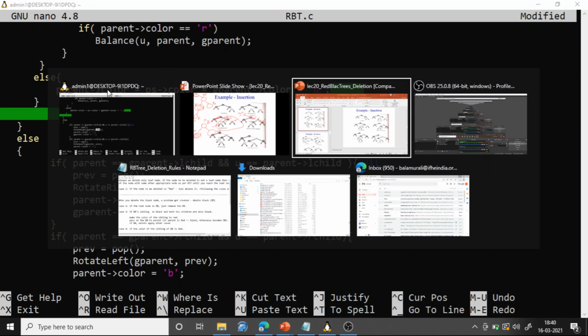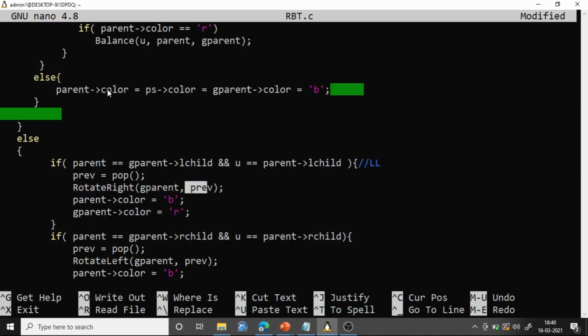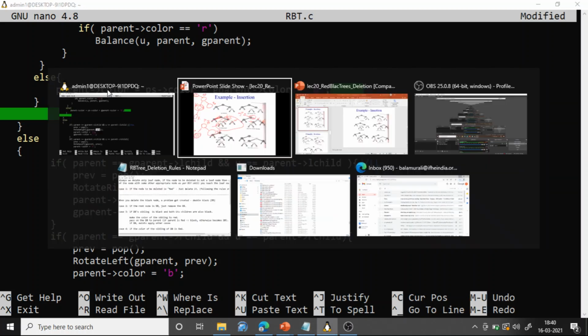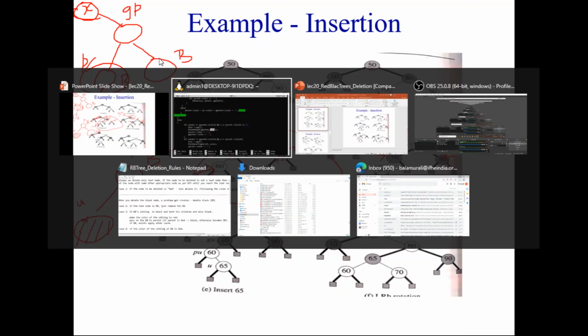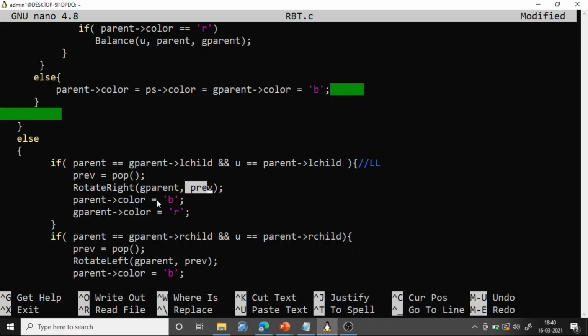That's what we are doing here. Make this particular node black in color, and this particular node GP red in color, because this is coming down. So this is for LL.